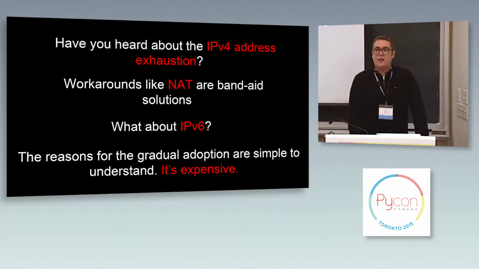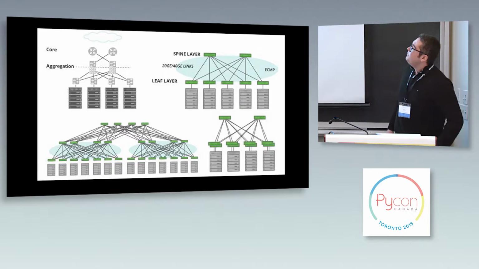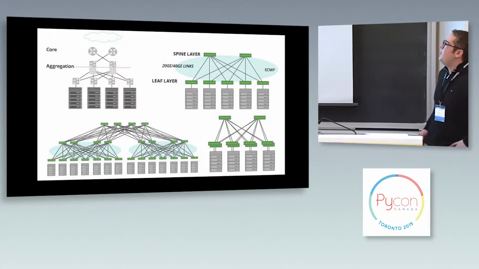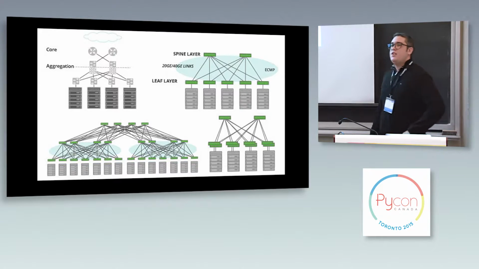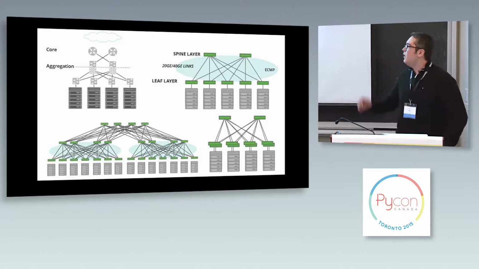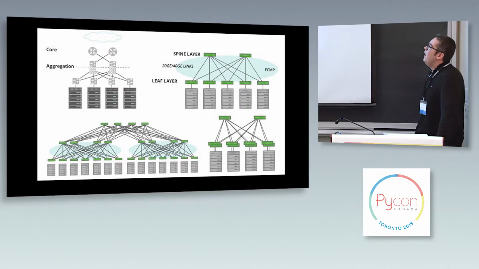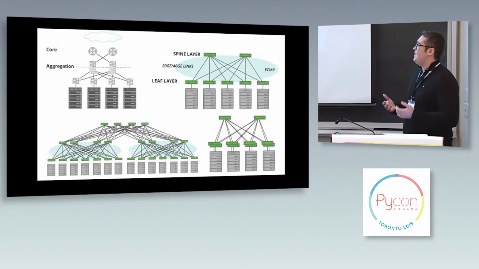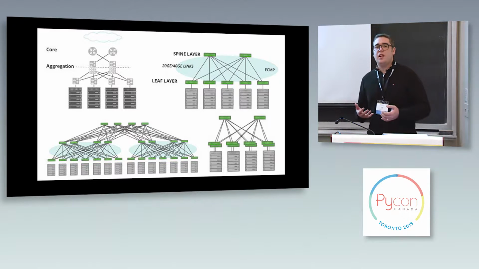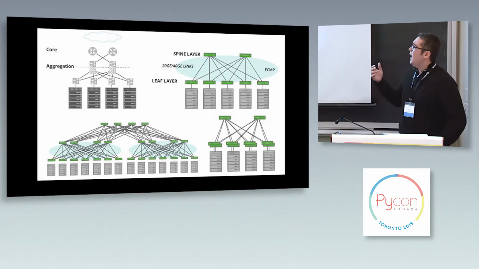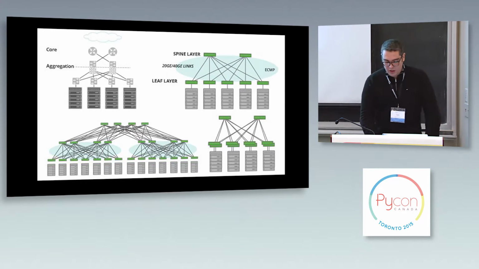But the point is, it's hard to turn off our network and infrastructure and change IPv4 for IPv6. The reasons for the gradual adoption are simple to understand. It's expensive as well. So take a look at this picture. It's basically a data center topology. And we have here the core and the aggregation switches at the top of rack. So imagine a data center like Google, Amazon, or Windows Azure, and you need to make some configuration. These days we've been using a lot of VMs and a lot of machines and a lot of computers and a lot of stuff that requires our network to be more flexible to be able to provide this kind of